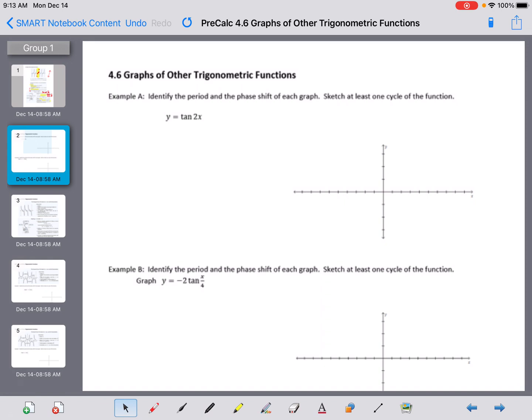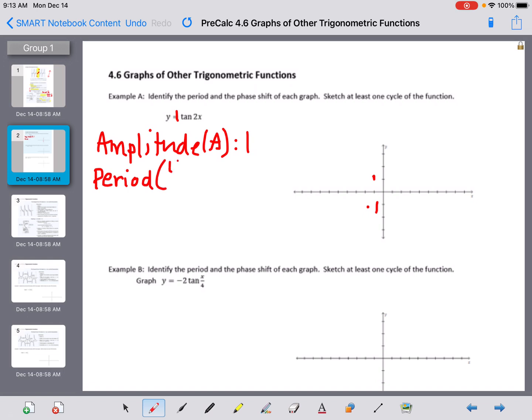Okay, my amplitude. My amplitude goes to my A, right? And in this case, my amplitude is this invisible 1, so it's just 1. I have a value at 1 and a value at -1, but it's not my highest and lowest because for the range, it keeps going higher and lower forever. Okay, for my period,